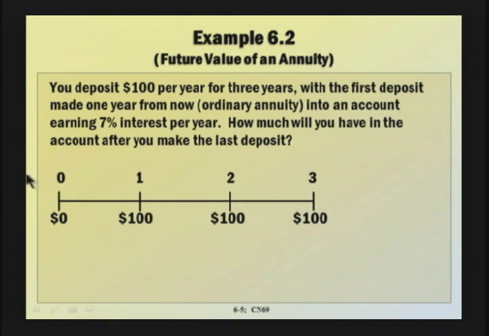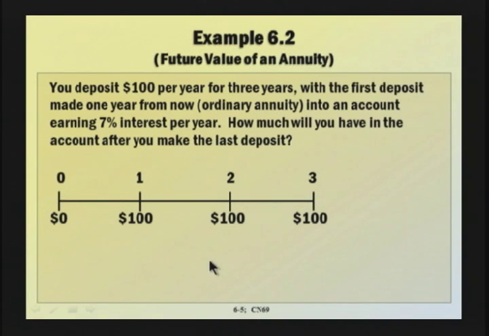It's often helpful to draw a cash flow timeline horizontally like this, especially when we're trying to discount or compound cash flows to see what the total value is for an investment, because it helps you to visualize the number of periods involved during which each payment will earn interest. So for this investment, it starts today, but you don't deposit anything today because it's an ordinary annuity. 1 year from now, you'll make the first $100 deposit. 2 years from now, you'll make the second deposit, and then when the annuity ends, 3 years from now, you'll be making the third and final $100 deposit, and that's the point as of which we will be calculating the